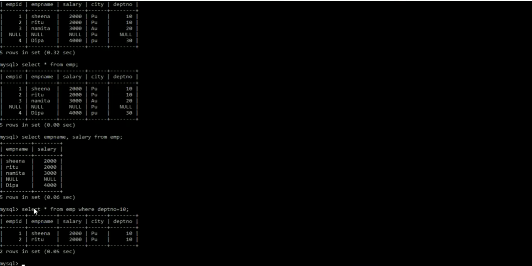So here I have used the attribute select. Since I want to see all columns, I have put star, from EMP, which is the table name. I have put a where condition, where department number equals to 10, which means that the employees working in that department will be shown here. In this way I can restrict my rows. There are more features.